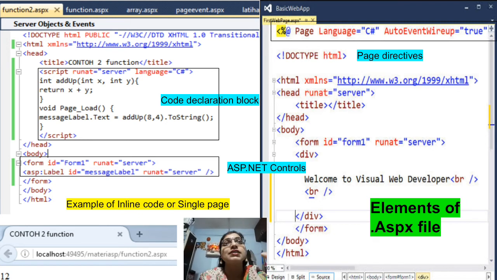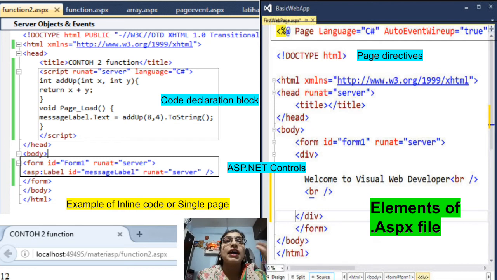In the current example, these three elements are visible. The actual coding part which we have written inside the script tag is called the code declaration block, where we have written the code.